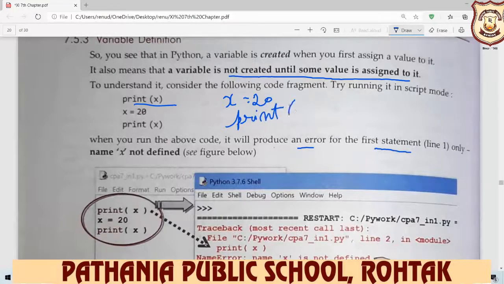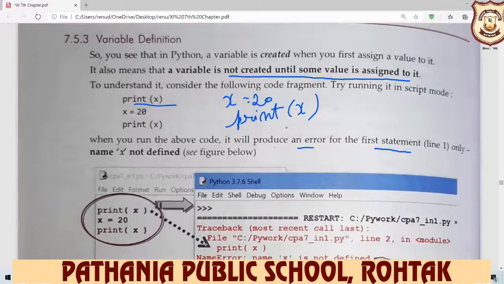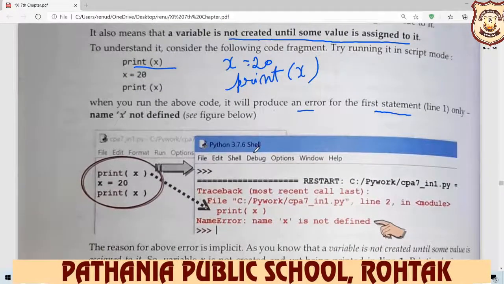Don't print directly first and assign the value afterwards. So always define the value first. First you assign the value to a variable, then you display or print it. Otherwise it displays the error.